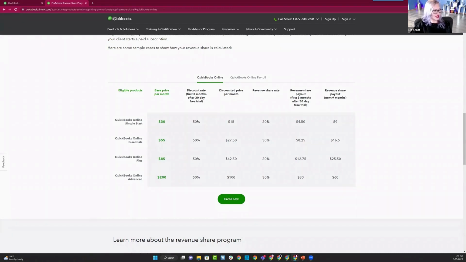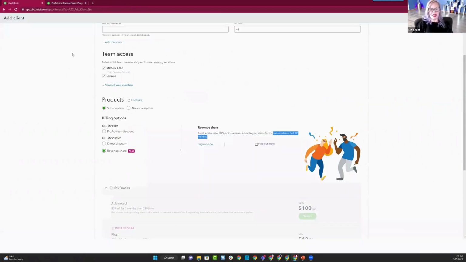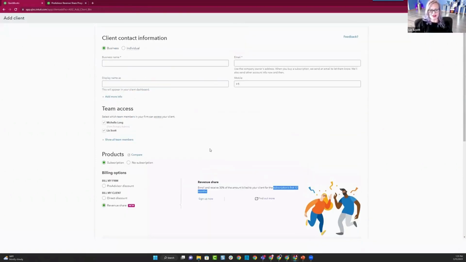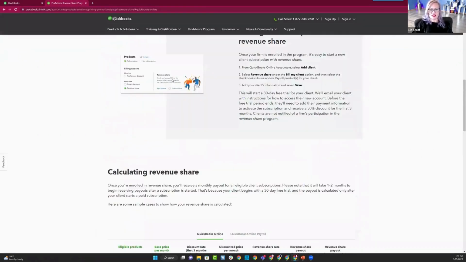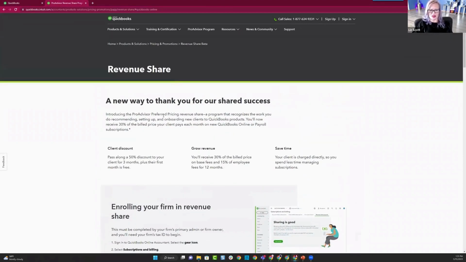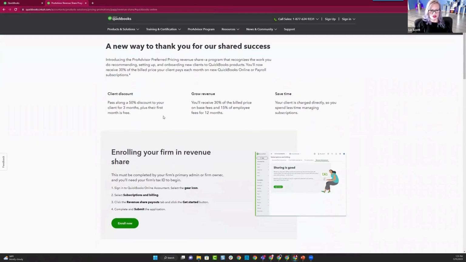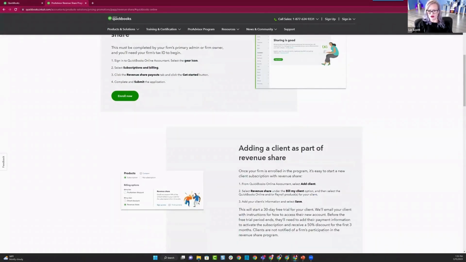Penelope, let's see. Can a client be charged from Pro Advisor to revshare? Sounds like there's only a few. This is only for new clients, correct? And so Penelope, your question is can I do this for existing clients? If you go back over to where to access, it's only for your new clients that you're going to see this rev share. And I think that it's stated somewhere here in the rules also that it's part of whenever you're adding a new client. Yeah, add a client. So right now, I don't see any way to access this unless you're adding a client.